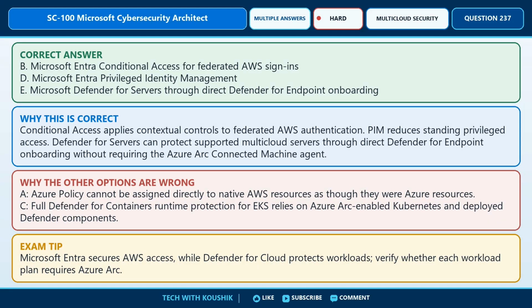The correct answers are Option B, Microsoft Entra conditional access for federated AWS sign-ins, Option D, Microsoft Entra privileged identity management, and Option E, Microsoft Defender for servers through direct Defender for Endpoint onboarding. Here's why. Conditional access applies contextual controls to federated AWS authentication. PIM reduces standing privileged access. Defender for servers can protect supported multi-cloud servers through direct Defender for Endpoint onboarding without requiring the Azure Arc Connected